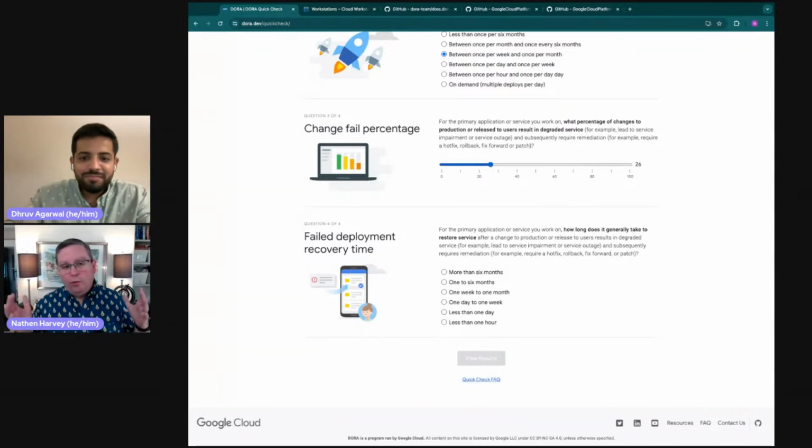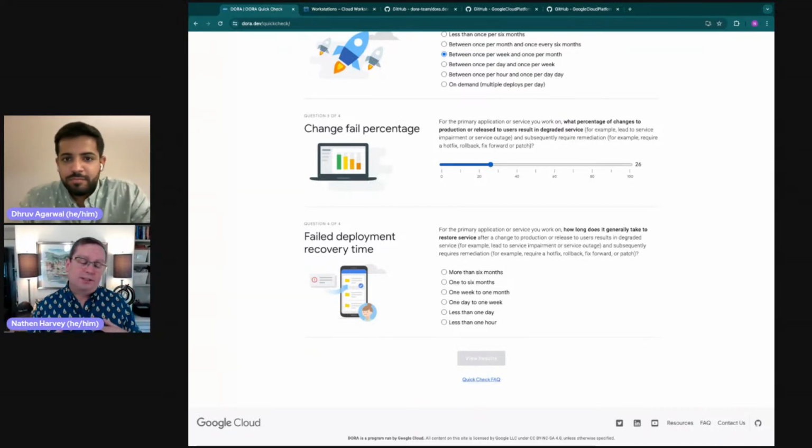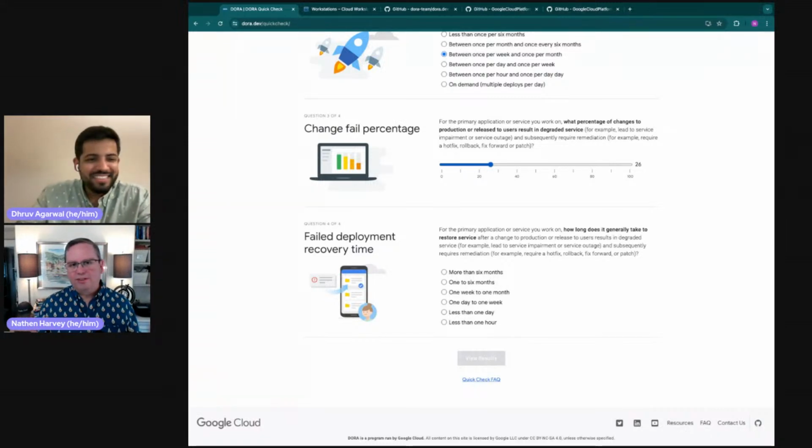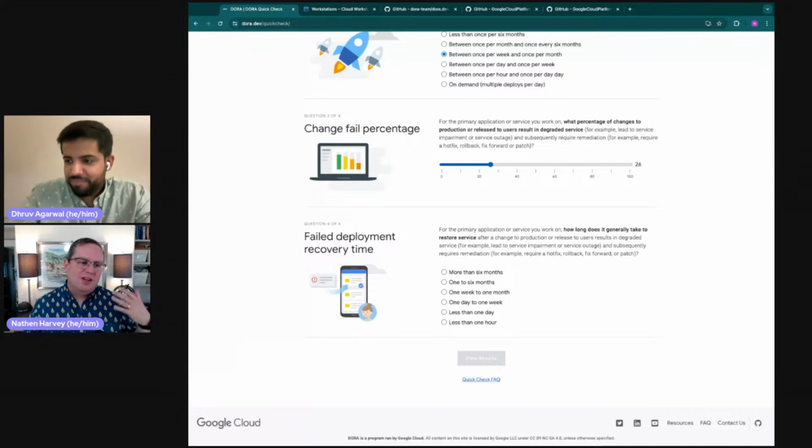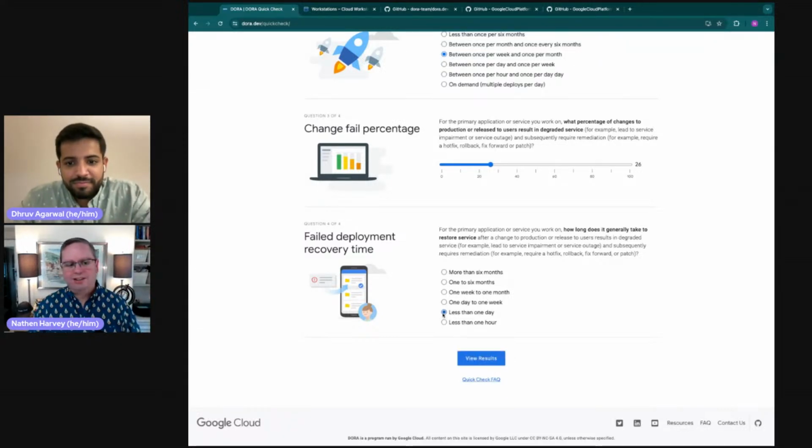And then we recognize that it's going to happen, right? It's not if there is a failure, it's when, because no system is 100% perfect. We should not expect them to be. So when those failures do happen, how long does it take to recover and get your system back to working?